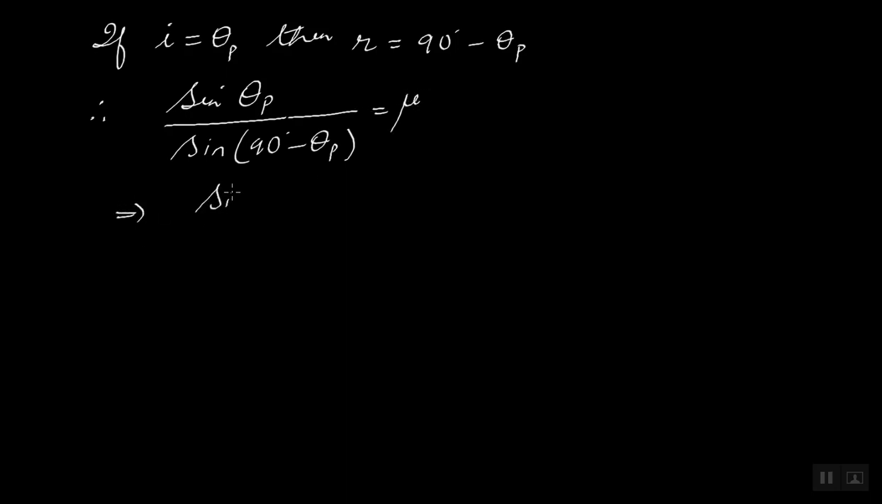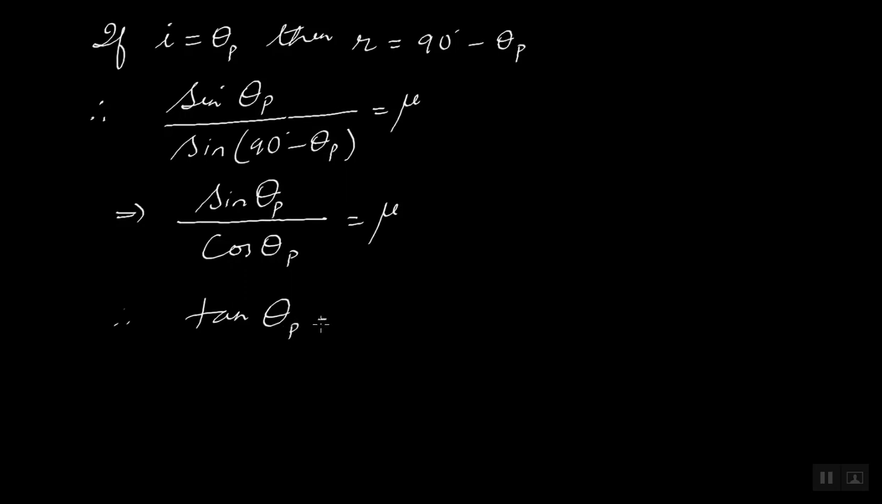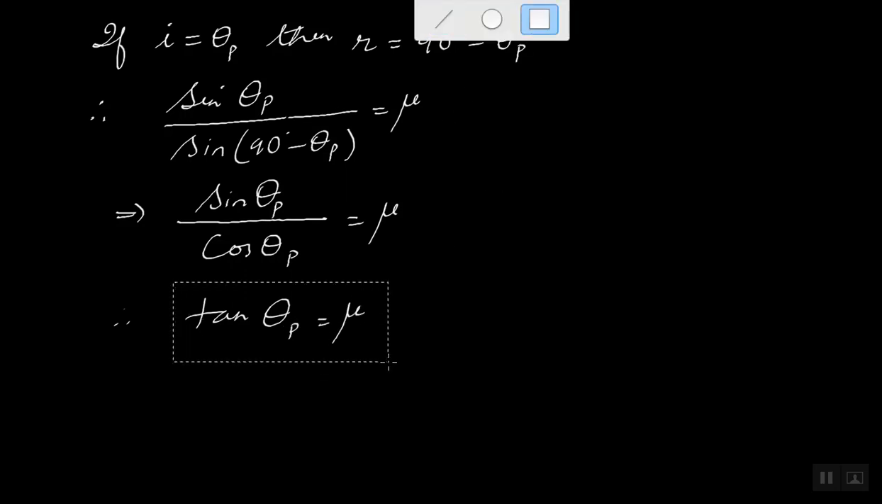And we know very well what this denominator becomes. This becomes cos theta p, and that is equal to mu. So therefore you have tan theta p is equal to mu. This is nothing but Brewster's law, which is the